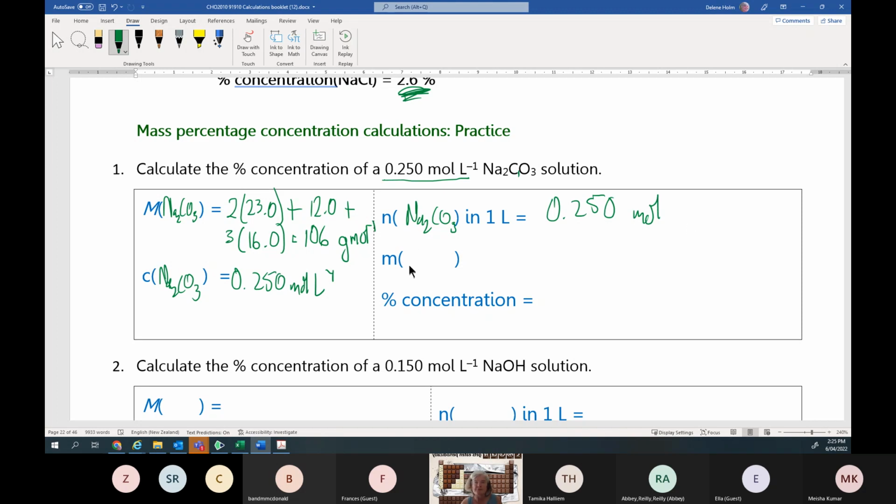So my mass of sodium carbonate in 1 liter is going to be my amount times by molar mass. And I get that from this formula, remember? So that's going to be 0.250 times the molar mass, 106. And that gives me then the answer of